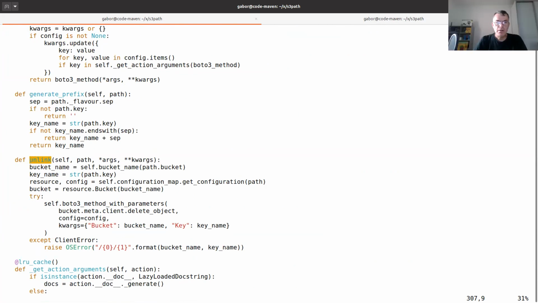Okay. Basically, pathlib has the API level, and it has something that's called, wait a minute, let me check the exact name.